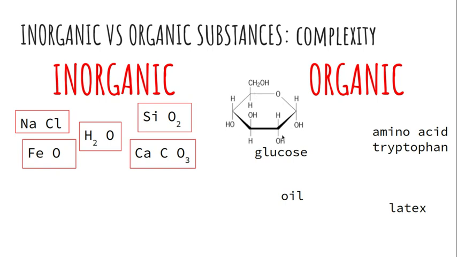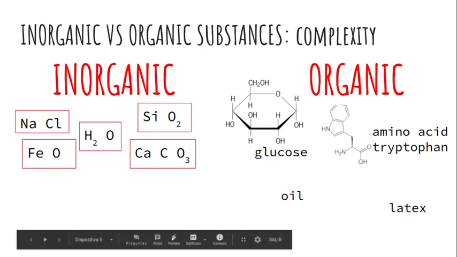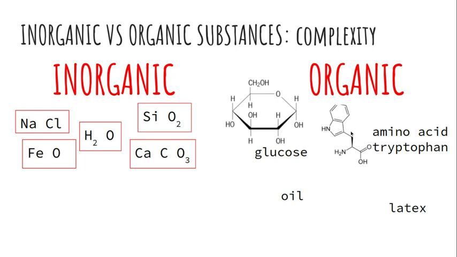So the molecule of glucose is very complex compared to any of these inorganic substances. Now take a look at a molecule of tryptophan, this amino acid. By the way, there are 20 different kinds of amino acids. In each of these corners, there is an atom of carbon, again, yes? And hydrogen and nitrogen and oxygen, right? And a double bonding there, a double union and a double union there too. I mean, quite a complexity, right?